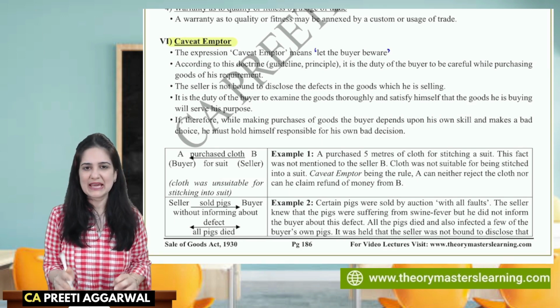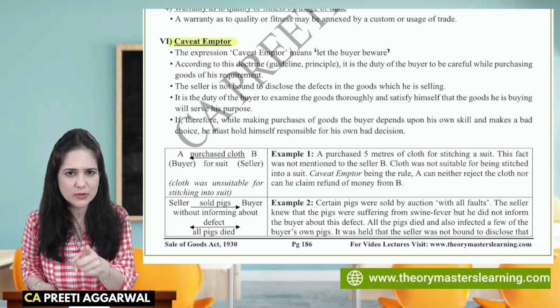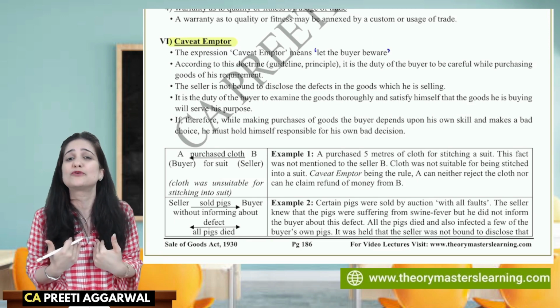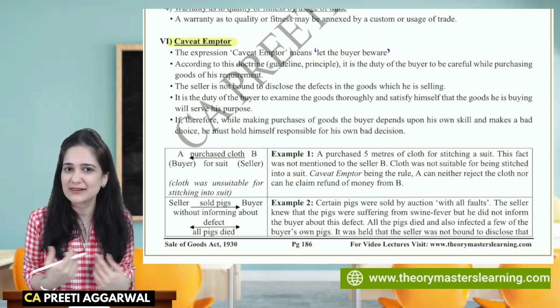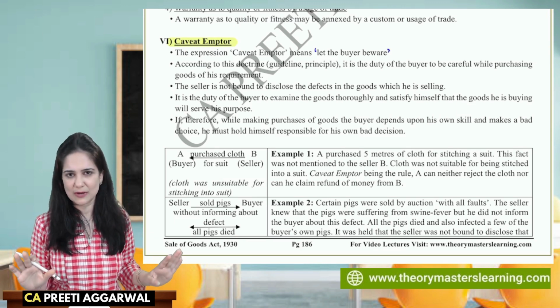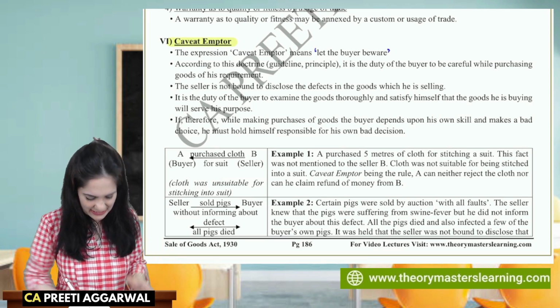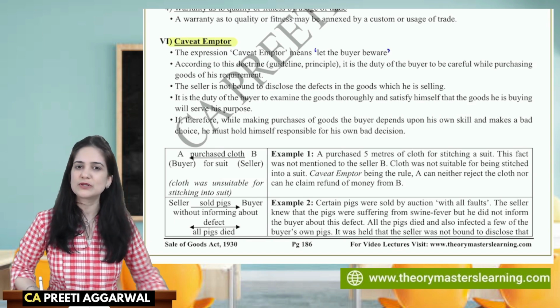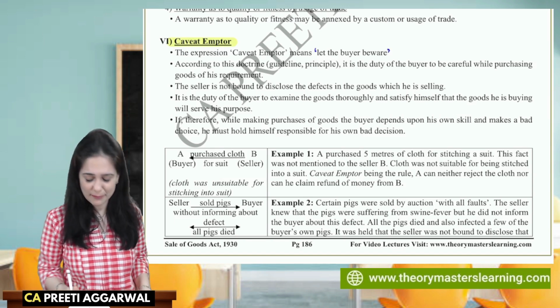Okay, so in this case, can we blame the shopkeeper for giving you a tiffin in which the food doesn't remain hot? No, we can't blame the seller. We'll have to hold ourselves, the buyer, responsible. So the seller is not bound to disclose the defects in the goods he is selling. This is another provision: the seller will never say that my goods are defective. The buyer has to check them before buying.